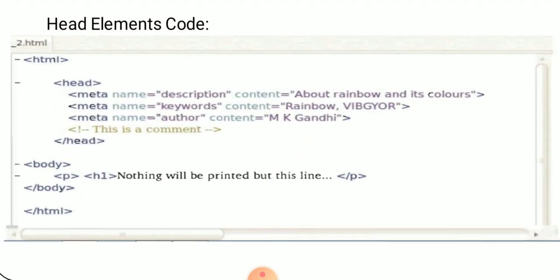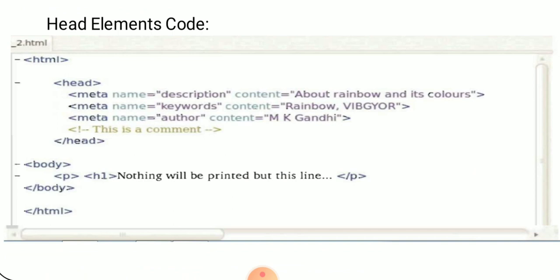Here I show some code, head elements code. Here I start with the HTML tag in angular brackets. Then I write the head tag. Then I write meta name equals "description", and in content I write "about rainbow and its colors".